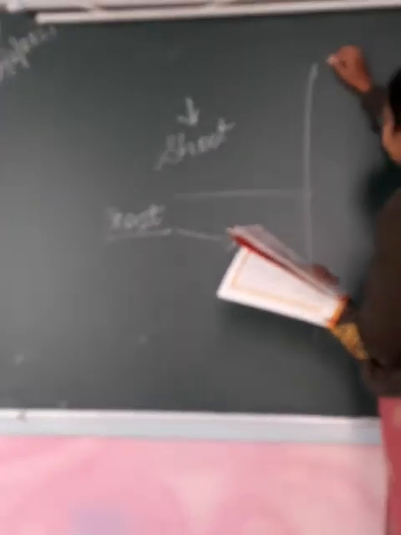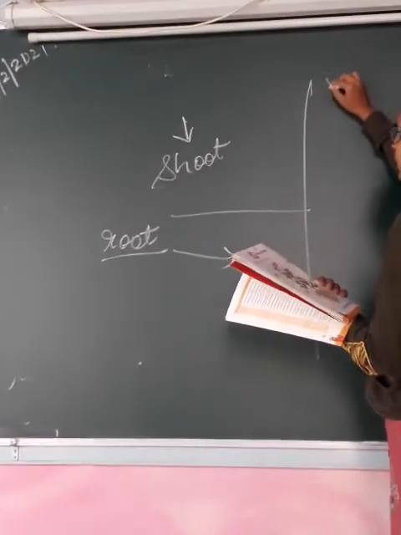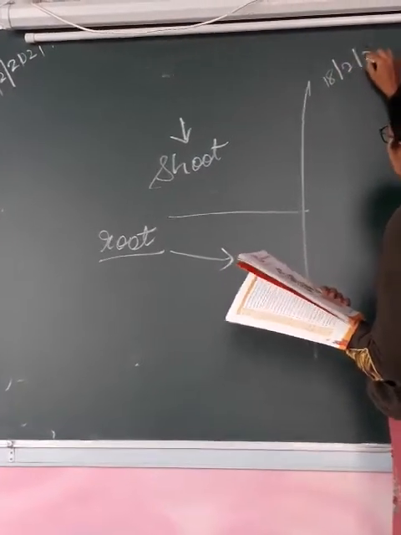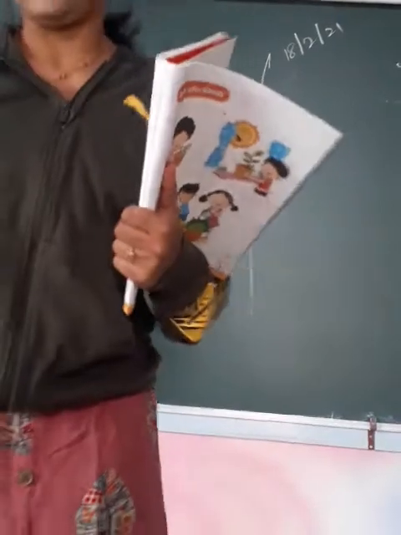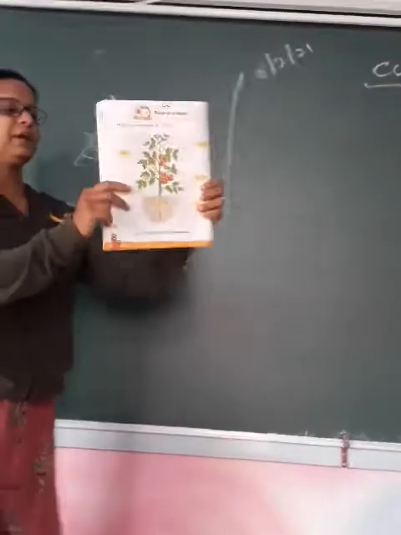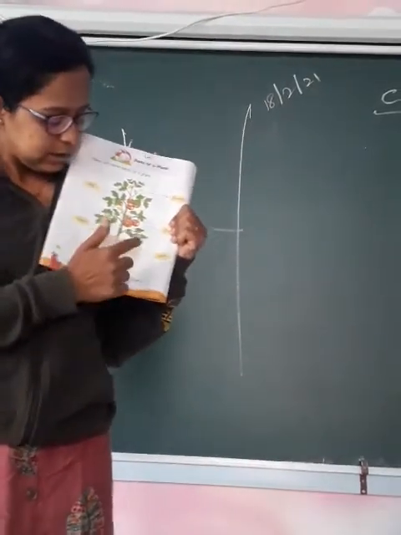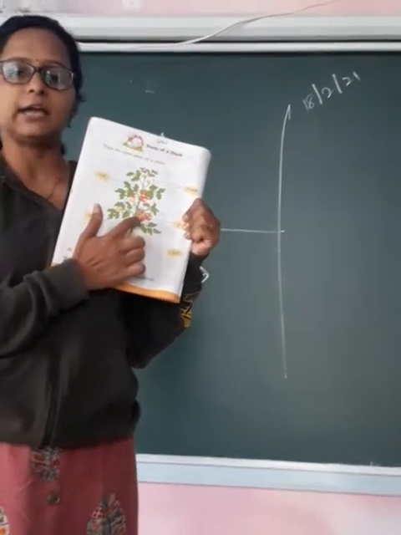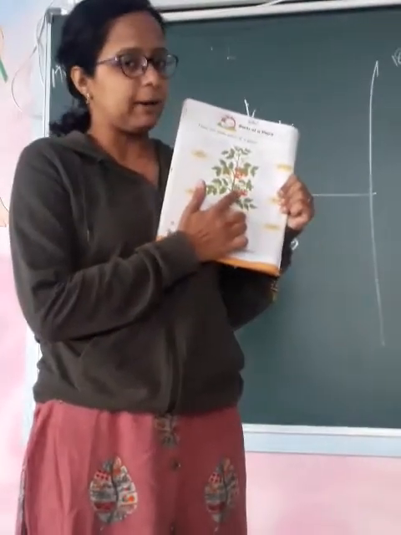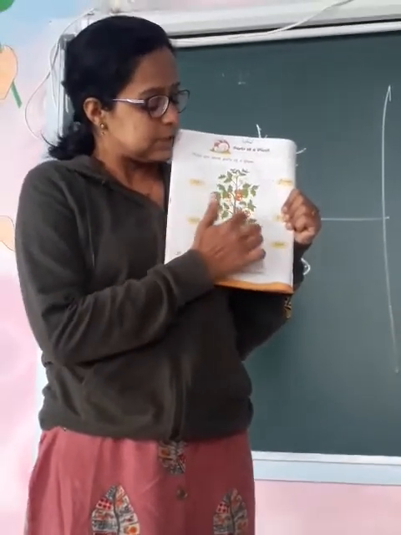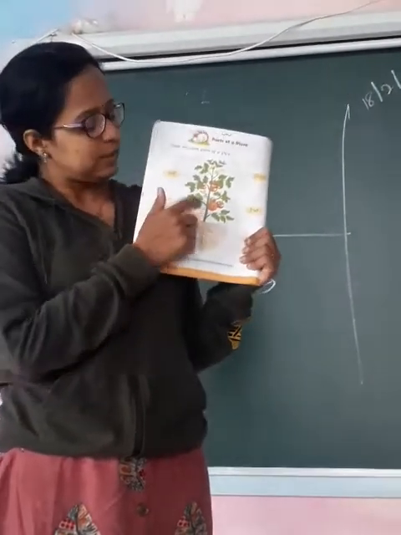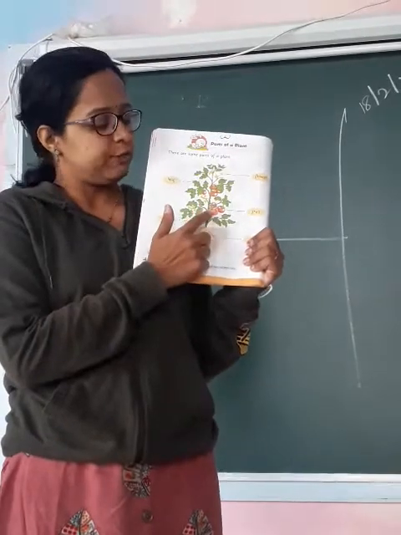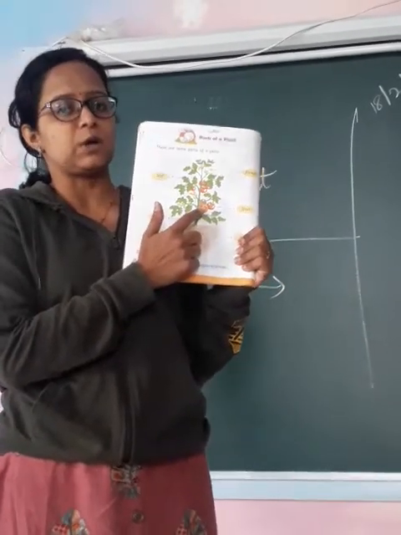Okay, so on page number 50 of LKG, write today's date and CW. UKG page number 62, write today's date and repeat after me. See here, I told you I had sowed a tomato plant seed here. See, tomatoes have come out. Whatever seed you sow, when the plant grows fully, the fruit or the vegetable comes out.